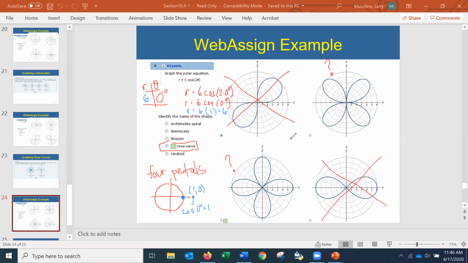Well, let me go plot 6 comma 0 degrees. I would rotate 0 and come up, go out a distance of 6. So this blue dot down here is 6 comma 0. Well, now I can see the answer. This graph in the upper right corner can't be correct because it doesn't have a point plotted at 6 comma 0 degrees. So this has to be the correct answer here because it does have a point plotted at 0 degrees.